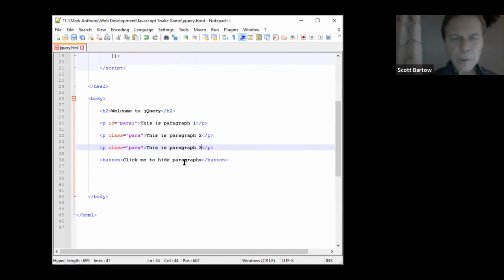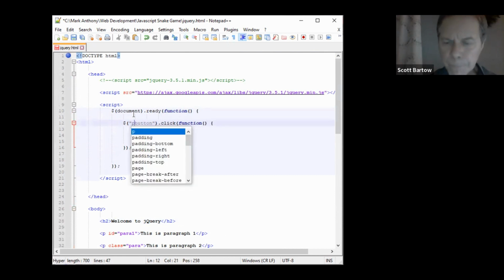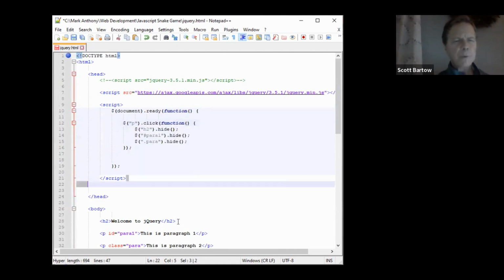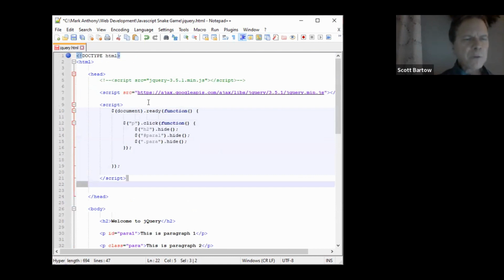This is paragraph 3. All right. And then up here, our selections are going to be the p tags, so that we have 3 p tags in our body section right now. All right. So the p tag,